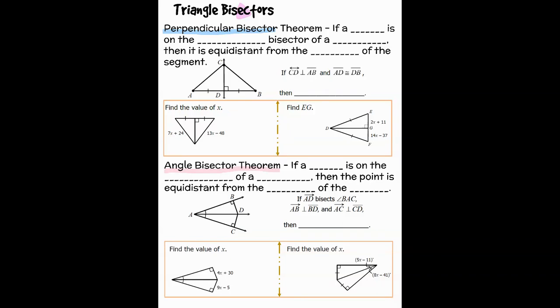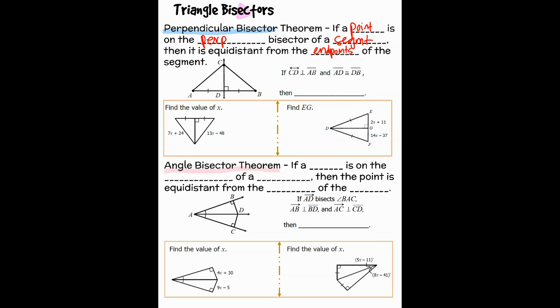Triangle bisectors, starting off with the perpendicular bisector theorem. If a point is on the perpendicular bisector of a segment, then it is equidistant from the endpoints